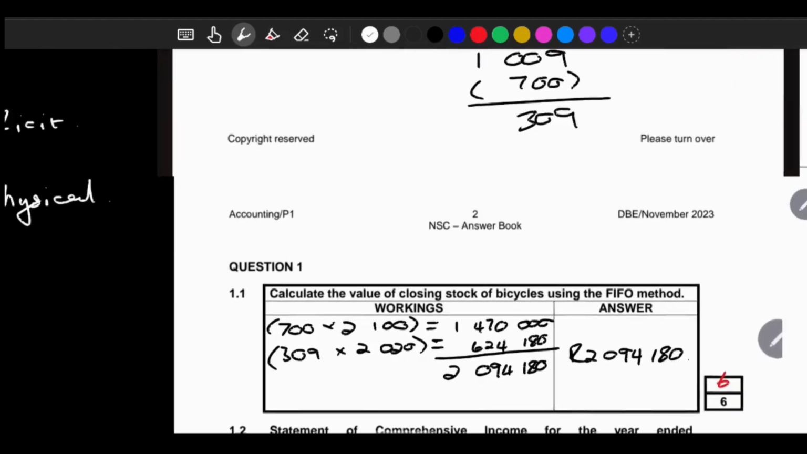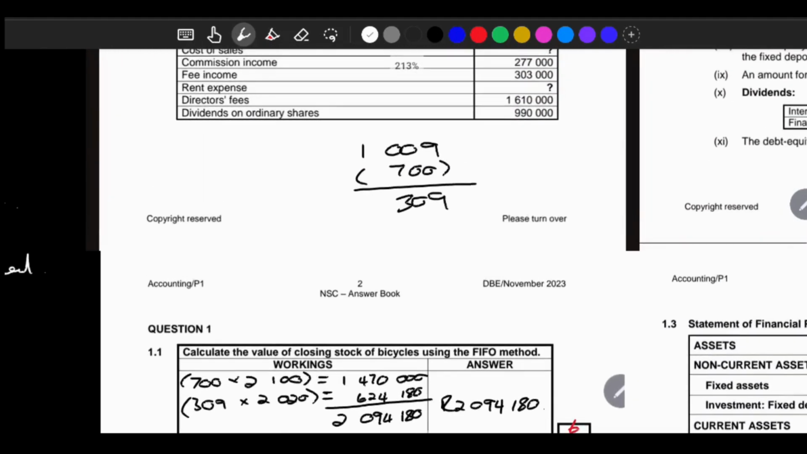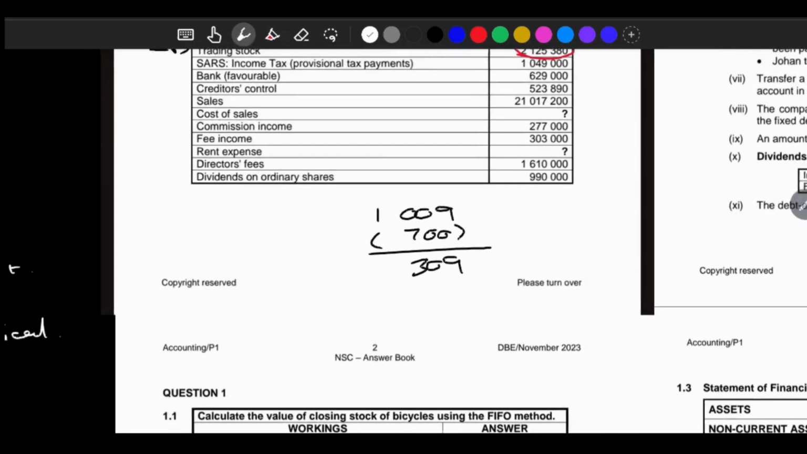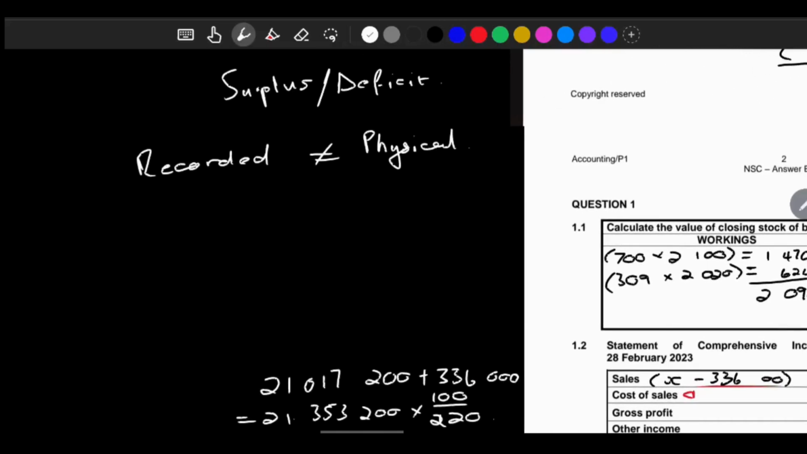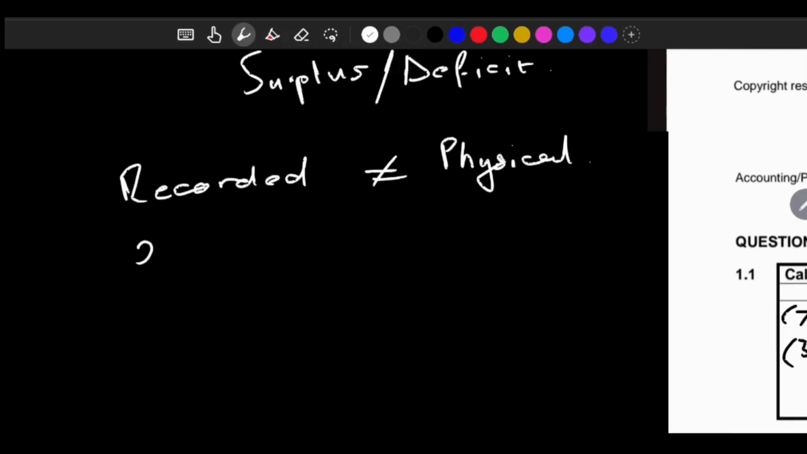So what's going to happen now is we're going to subtract these two amounts to see how much we thought our stock was worth and how much it is now. So what is that difference between those two? So we're going to say 2,125,000 minus 2,094,000, right? So it's 2,125,380 minus, that's the recorded part. The actual physical stock taking was 3,094,180. The difference between those two is